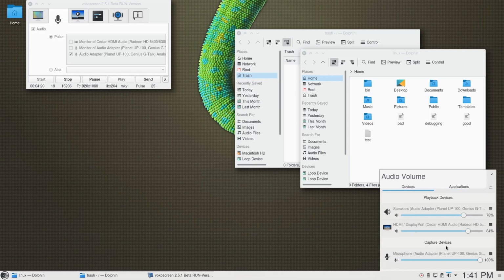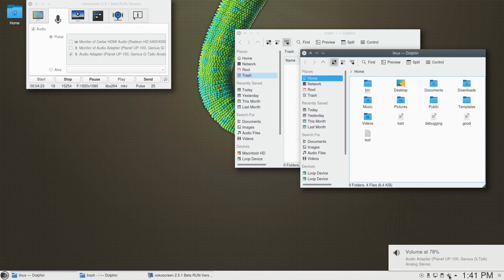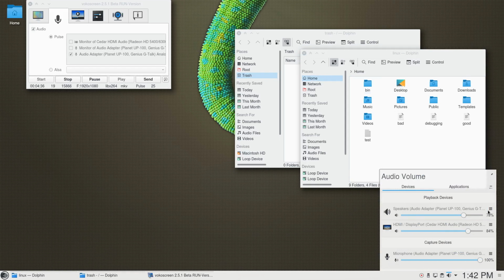What I would like to have instead is a simple menu when you click here, showing all the available sound cards, and then with just one click I would switch over all sound output to the sound card which I select, without having to go in here and fuzz around with default, whatever default means. I just want to click on the thing like this, click on it and be done with it. And I don't want to see the volume settings for the non-active sound cards. Just show me the sound card that I have selected and let me adjust the volume of that.